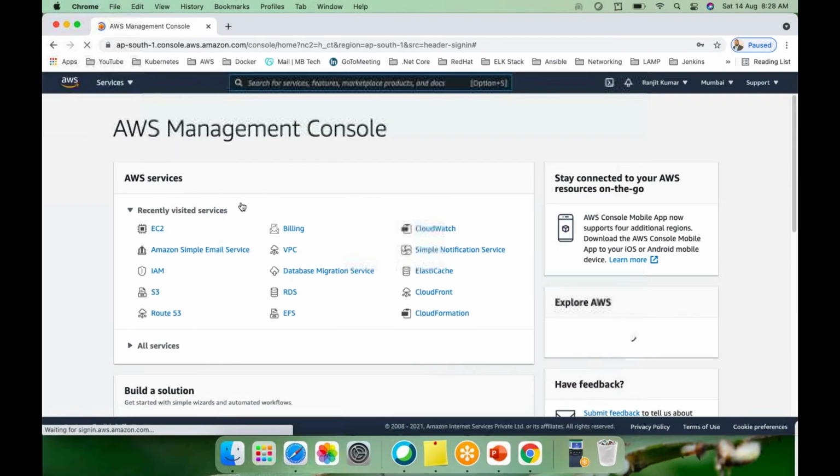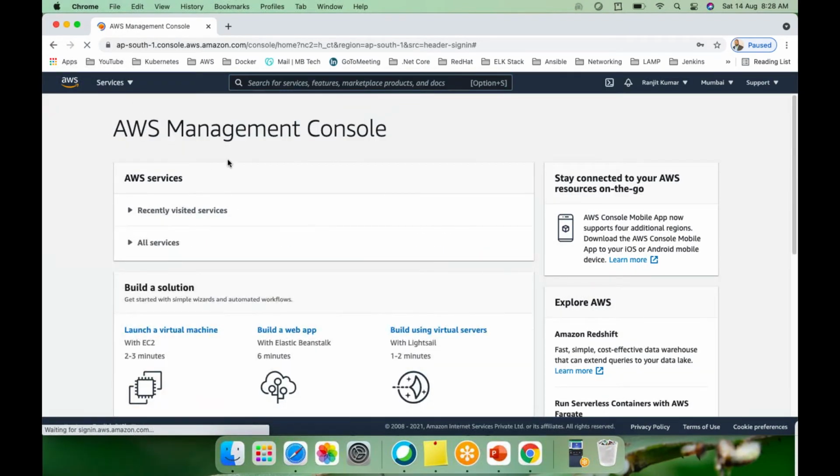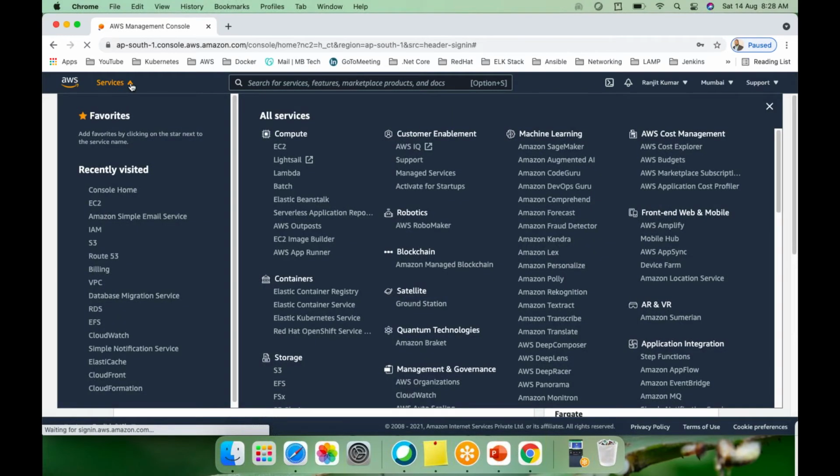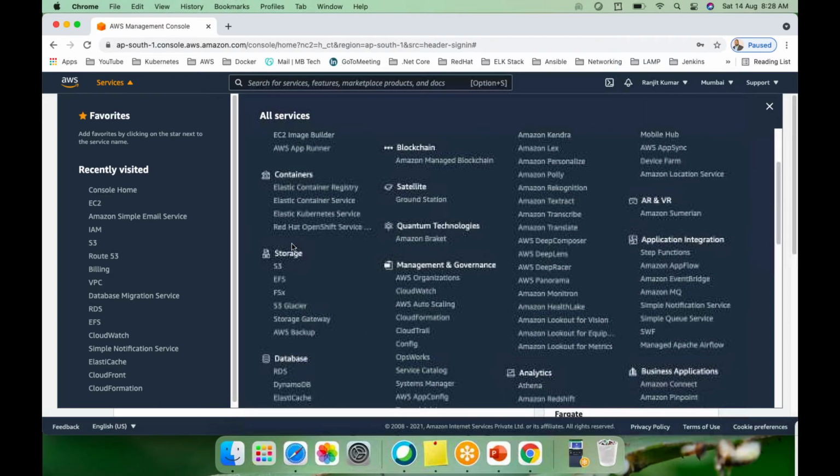Ranjit, small question. It is generic, not related to S3. Okay, yeah. Actually, recently I visited one of the schools. While registering at the school, I saw the website. There is no name in the website, just one IP is coming.